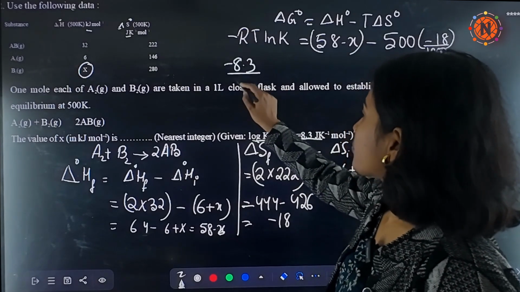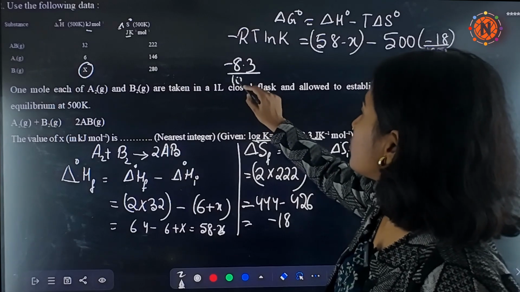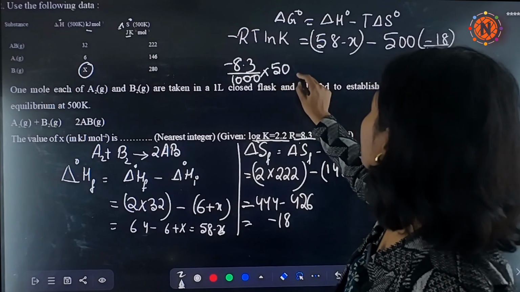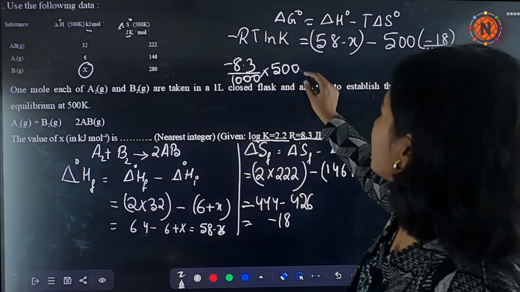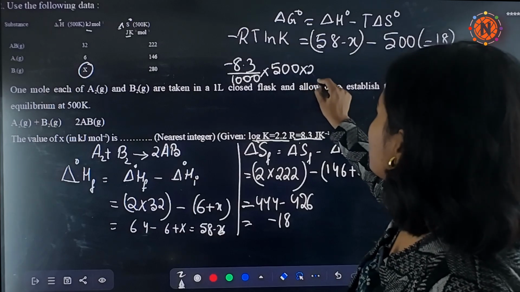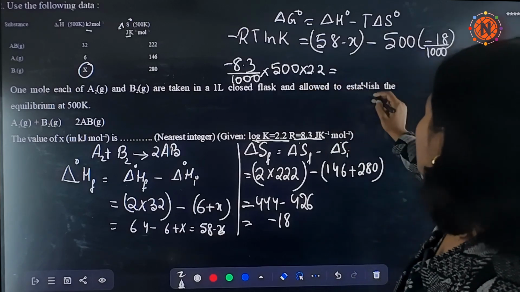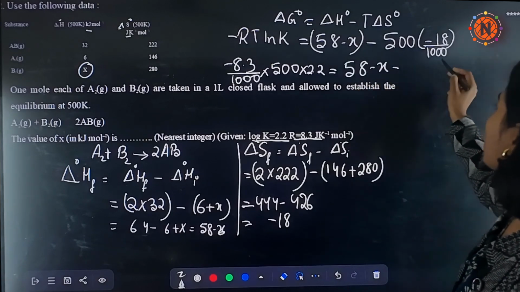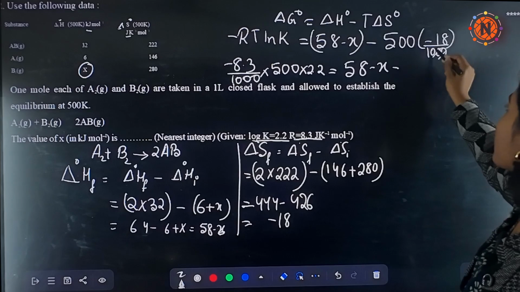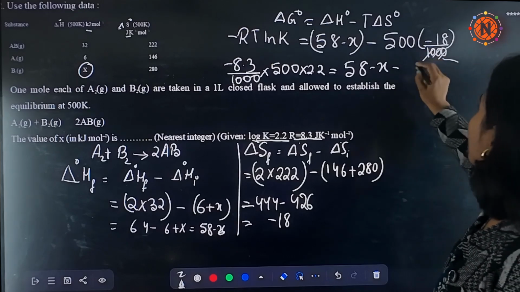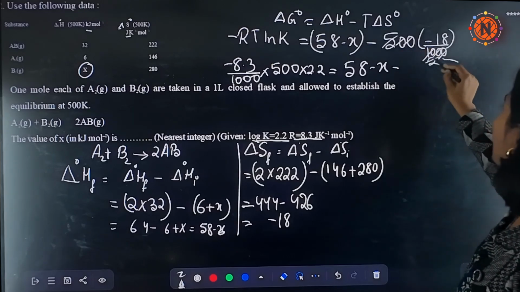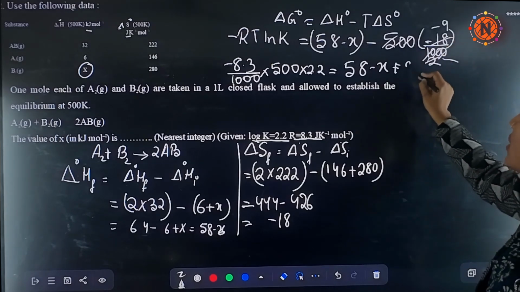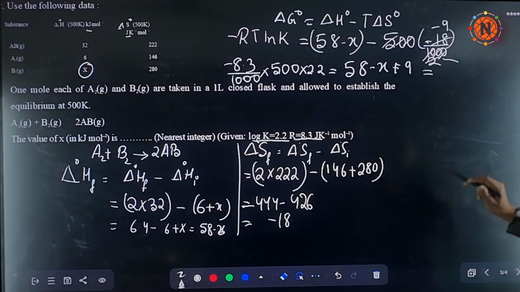It is 1000 into temperature was 500 and ln K value is 2.2. So let's simplify the following. So minus minus, it will be plus, which equals,